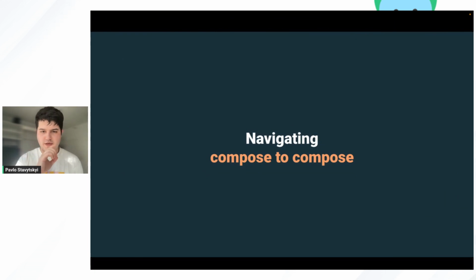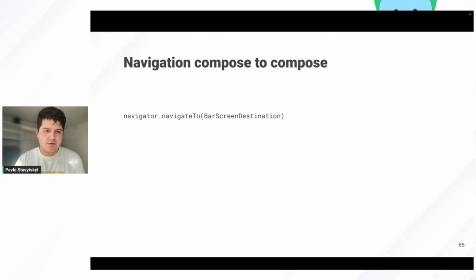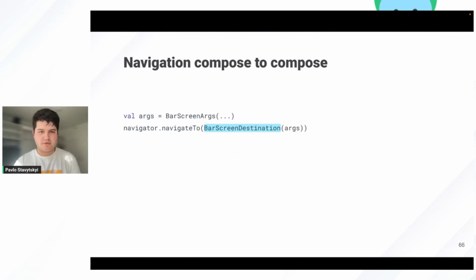So when you're navigating compose to compose, and those compose screens are in different modules, you can just use the navigator and pass the instance of a destination. Or if the screen has arguments, you just give those arguments to the destination itself,